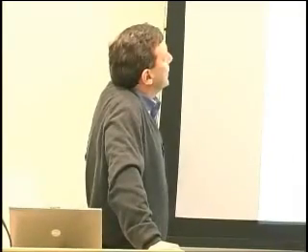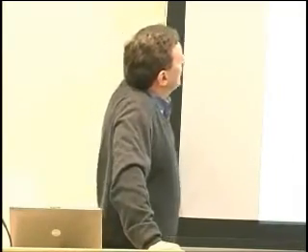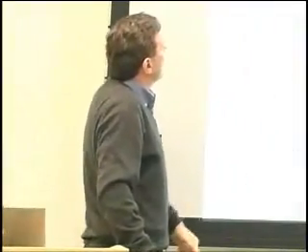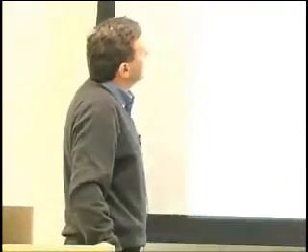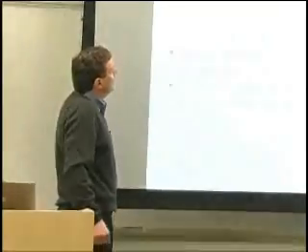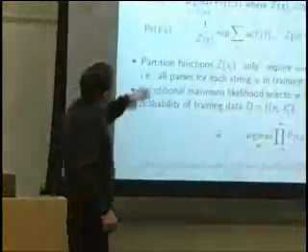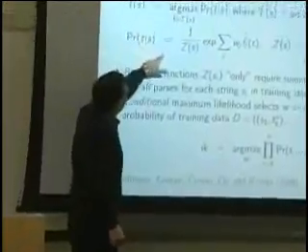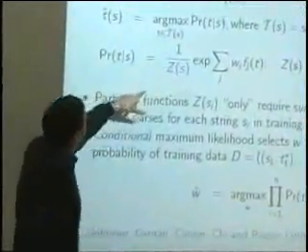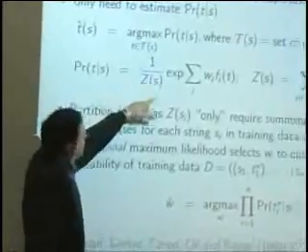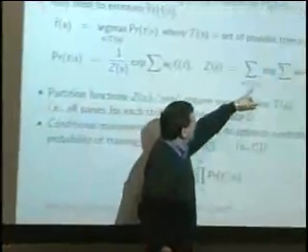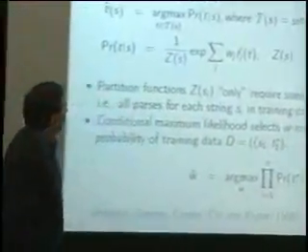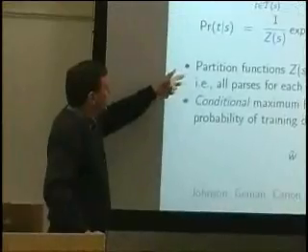Now, it turns out for parsing, what we're really interested in is finding the most likely parse, T hat of S, for a string S. That is simply the argmax, in other words, we're looking for the most probable tree given S, where this script T of S is now a different set of trees: the set of possible trees for the string S. It's easy to show that this conditional probability can be written in this form over here, where the partition function no longer involves a sum over all possible trees, but only involves a sum over all trees for the string S.